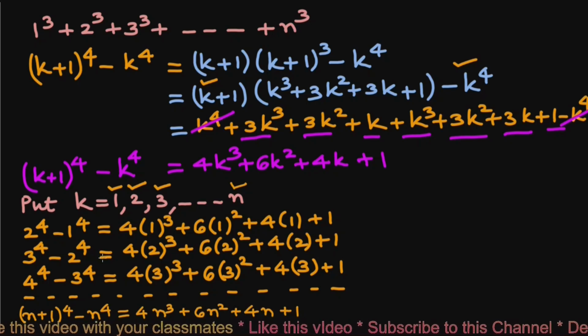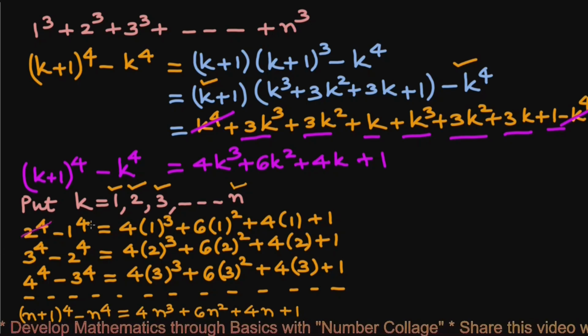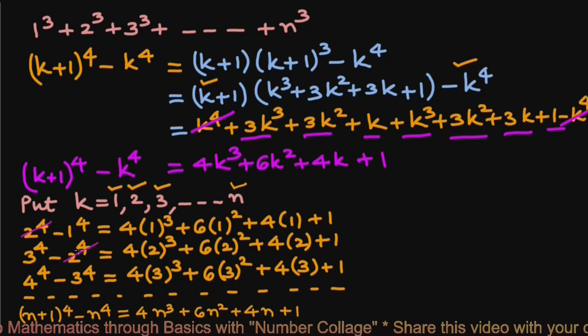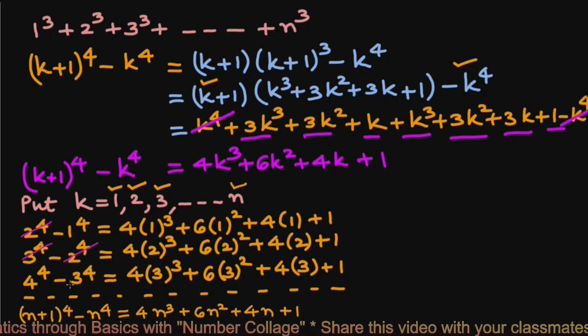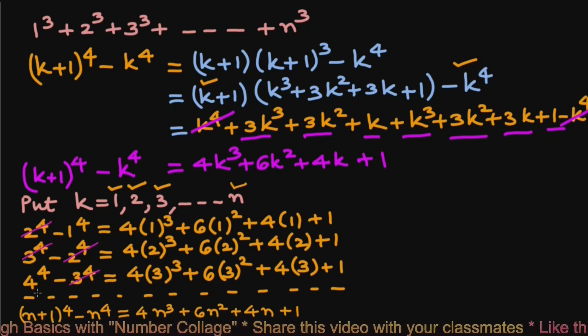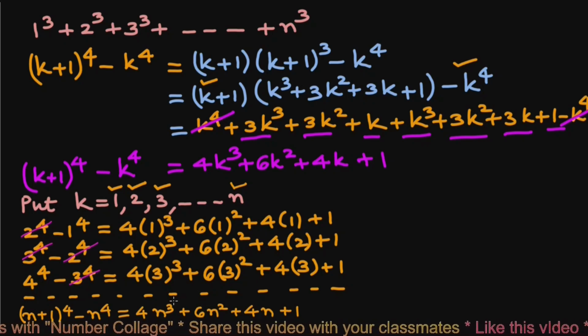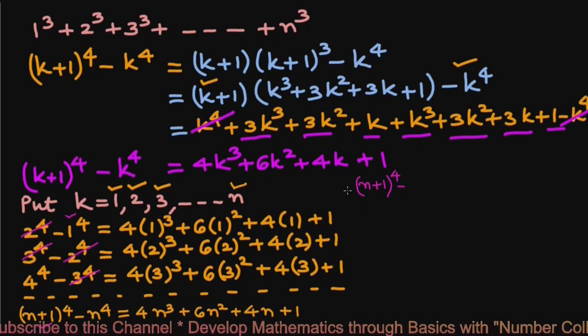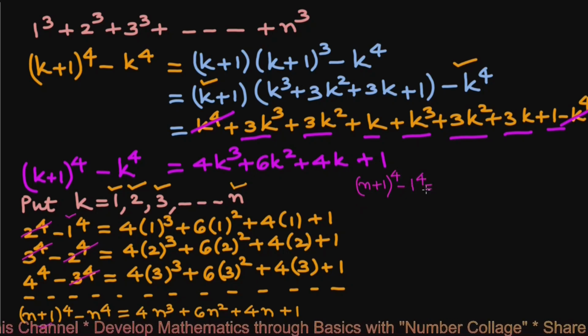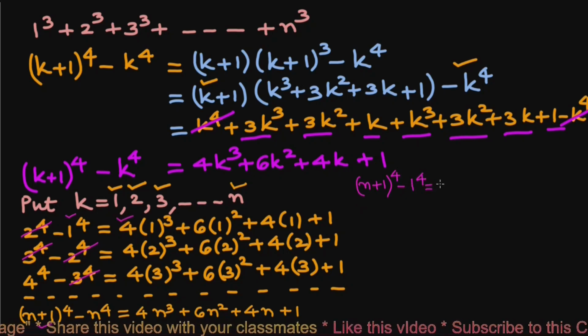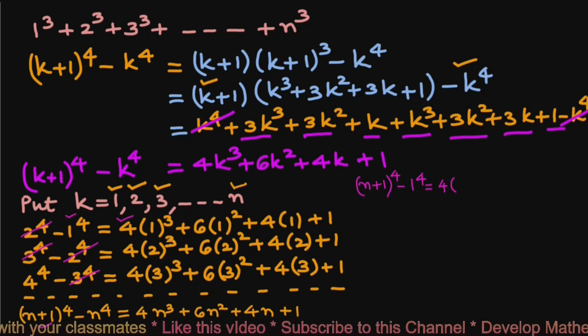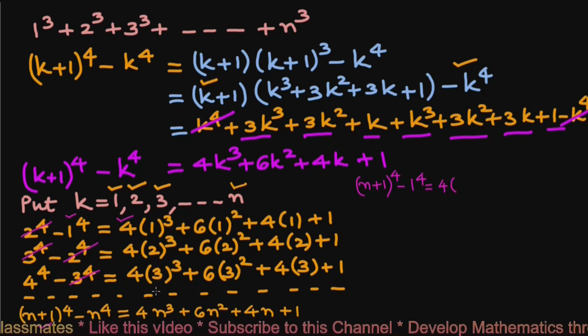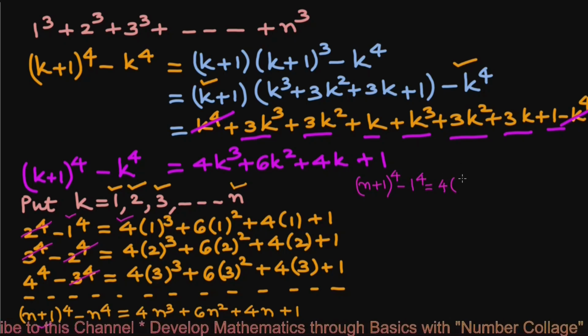Adding both sides of these equations, 2 power 4 cancels with this 2 power 4, 3 power 4 cancels with this 3 power 4, and so on. Finally what we get is (n+1) power 4 minus 1 power 4 equals 4 times (1 cube plus 2 cube plus 3 cube plus so on up to n cube), which we write